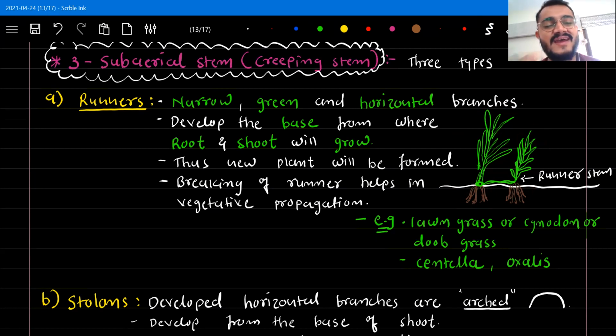This is very commonly seen in the lawn. The lawn grass that we plant in the garden, we call it lawn grass,